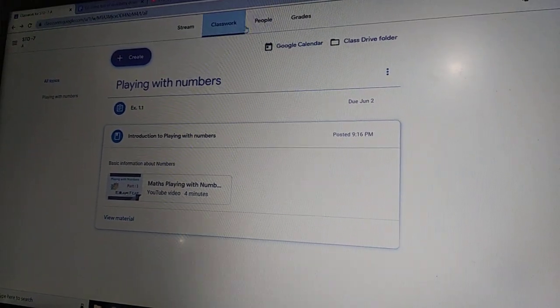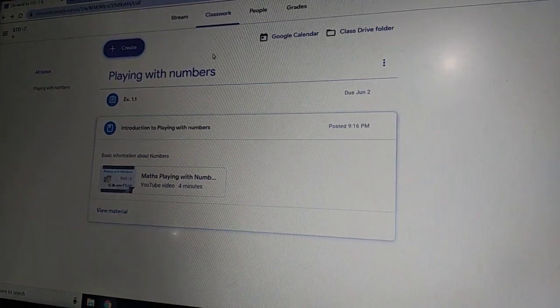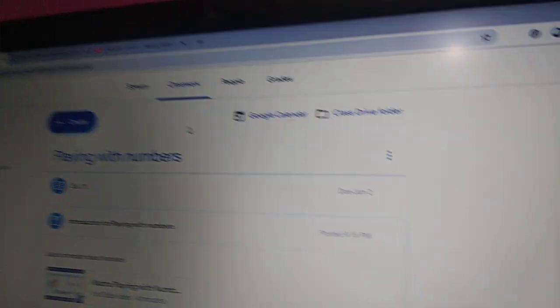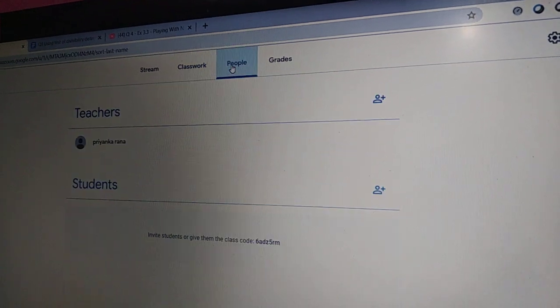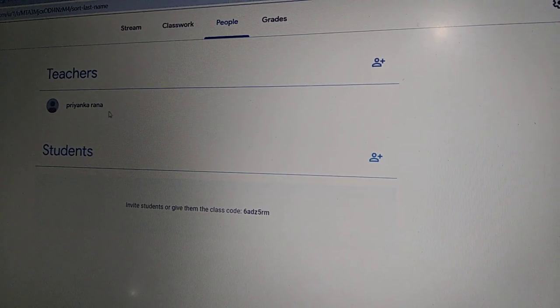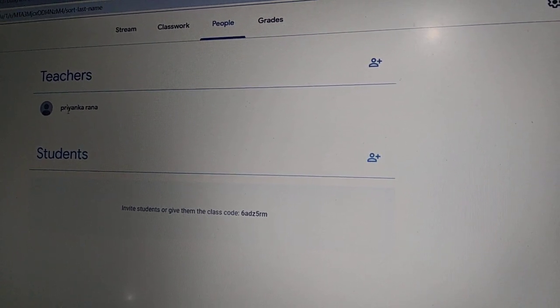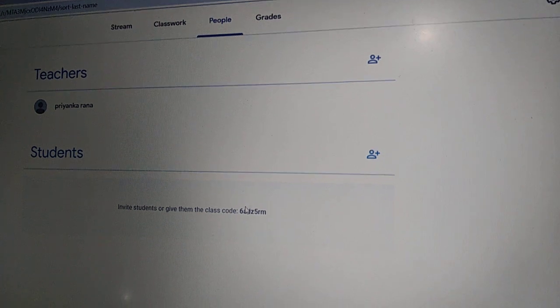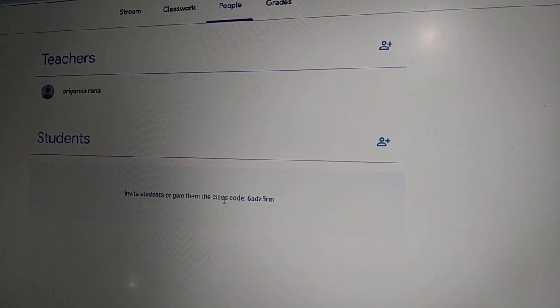Now if the teacher wants to see how many students are present in the class, what the teacher will have to do is go on this, I can say, people. Now here, there is only a teacher present, so it is showing the teacher. We do not have any students here, but what we can see is invite students or give them the class code.